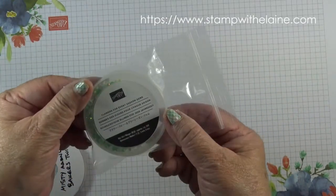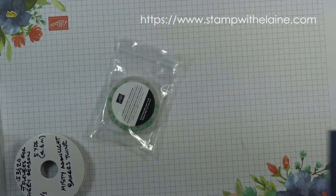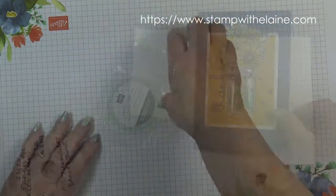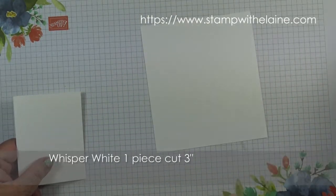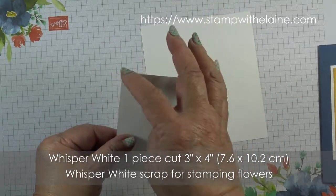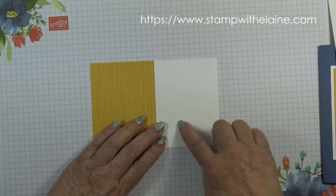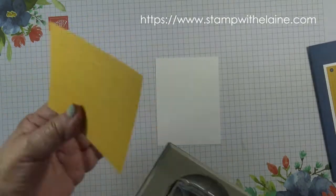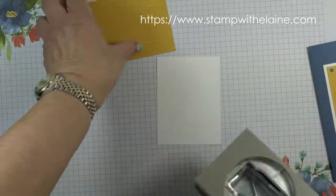We're also going to be using the Flowers for Every Season gems so that we can put them inside the shaker dome. We'll need a scrap of Whisper White to stamp the flowers on, and also a piece cut at 3 inches by 4 inches, the same size as the DSP, so that we can stamp on it from behind. Now we've gathered all our supplies, I'm going to punch out the jar